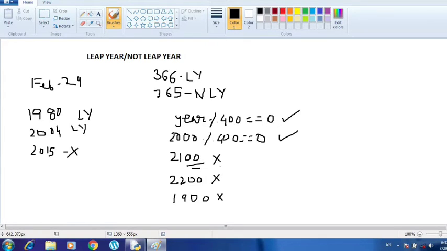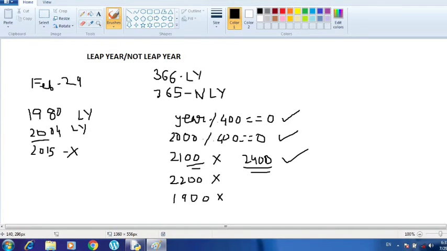However, there is a condition that some century years may be leap years. The next leap year which we will get among century years will be 2400. So 2400 will be successfully divisible by 400. So this 2400 is a leap year. Now if the century year is not a leap year, we need to check for another condition, because it cannot be said that every year which fails this check is not a leap year.